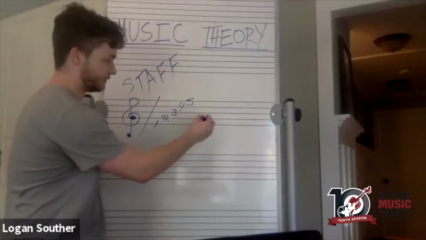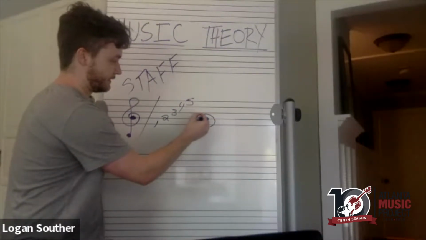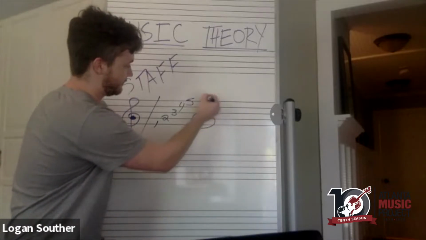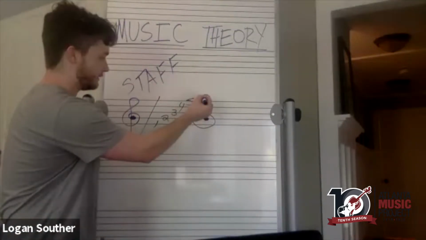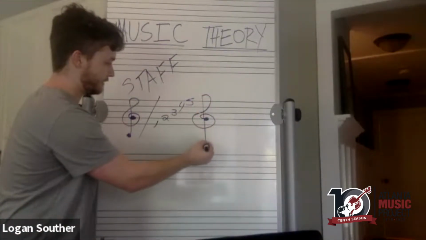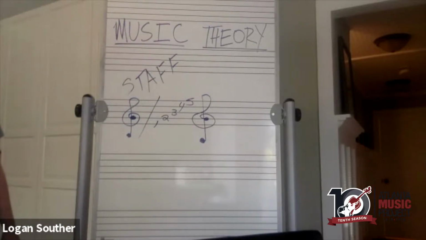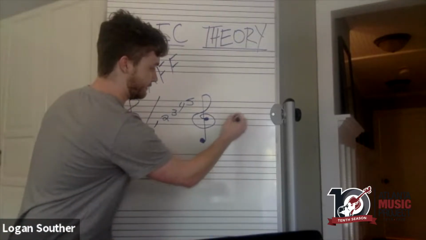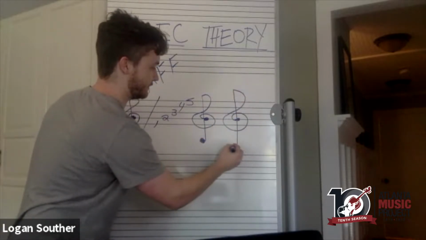Step 2, we do a little curly semicircle. It can end about right there. That's step 2. Step 3, let's do another loop up. All right, we're almost there. Just need one line to go straight down and finish it off with a little tail. That's how you make a beautiful, beautiful treble clef. So once again, start on the second line, loop under, loop over, straight down through the middle, and with a